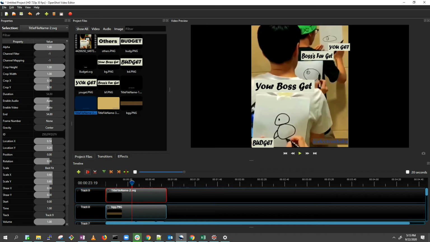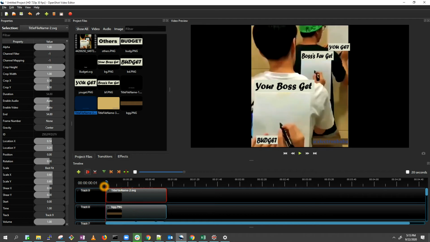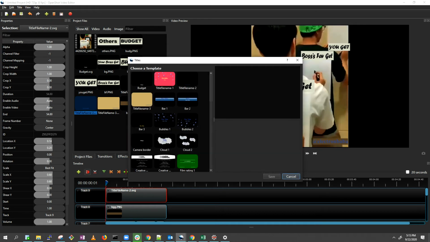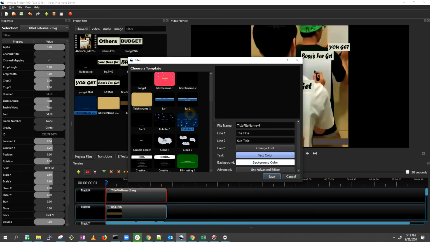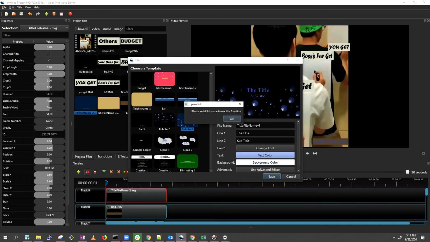So how to do it actually? I'll tell you how to do it. It's very easy. If you want to do it via the title format, you can do this. And then there is a different thing which I don't have in my system. There will be another tool which is always open. Use this advanced editor. It will have an Inkscape, and you can do some more editing on it.